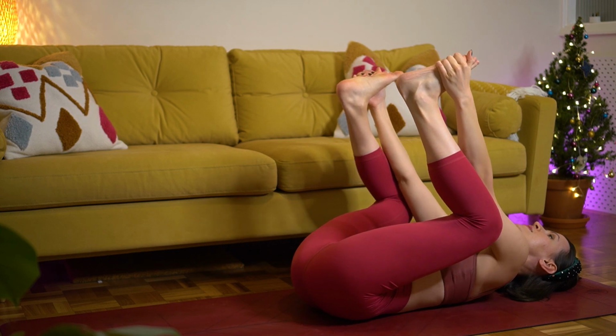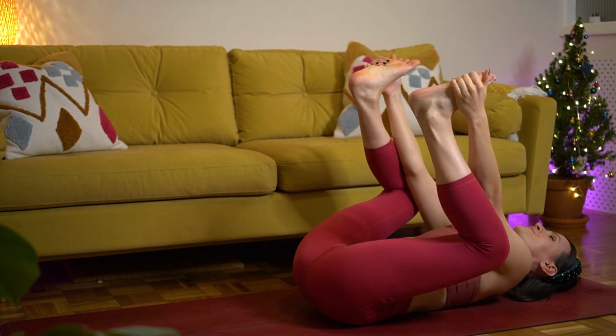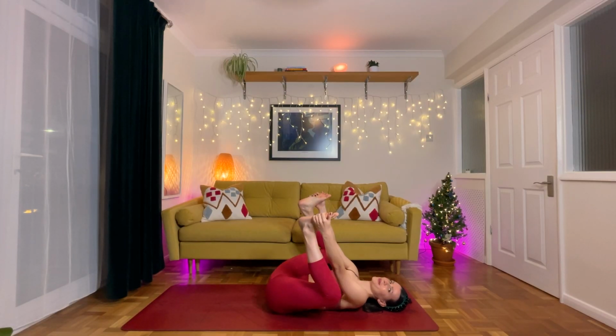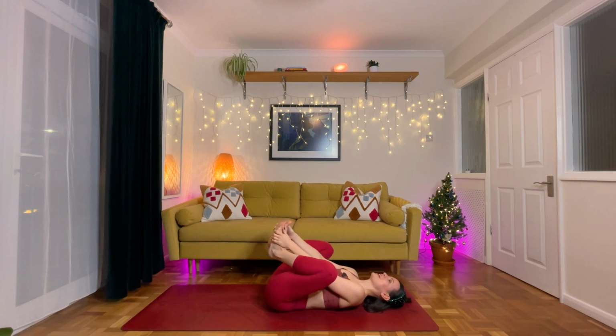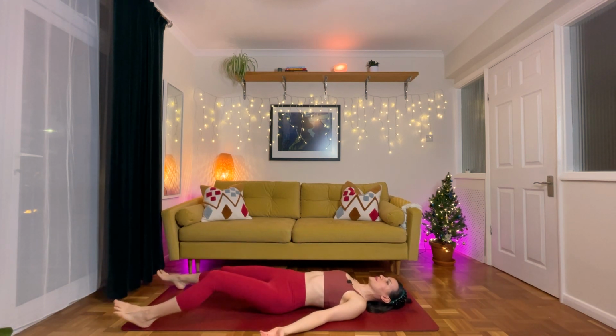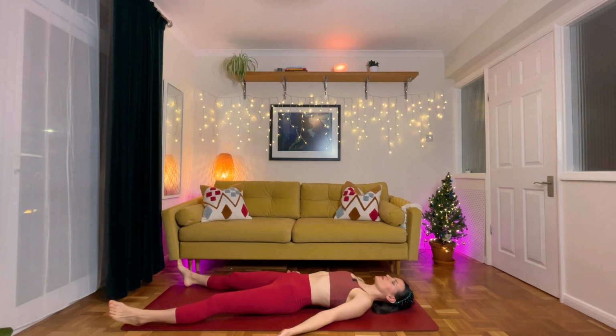You can stay in stillness or you can rock from left to right, enjoying this other variation of a hip opener. Happy baby. Once you've had enough, release, extend your legs, open your palms up towards the ceiling, and we're going to close